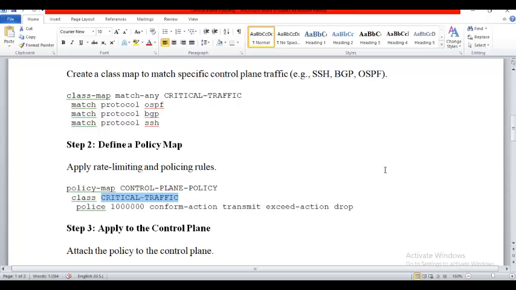And we have set the policy saying, police, this is 100 meg, conform action, transmit, if it exceeds, drop. This number, what to put, you have to decide after monitoring. You need to monitor the traffic in a secured environment, and you should know how much is the maximum these protocols can take.